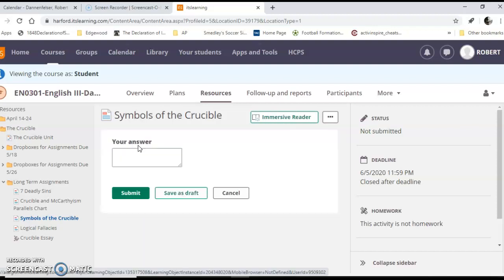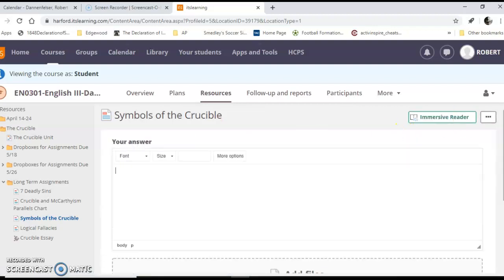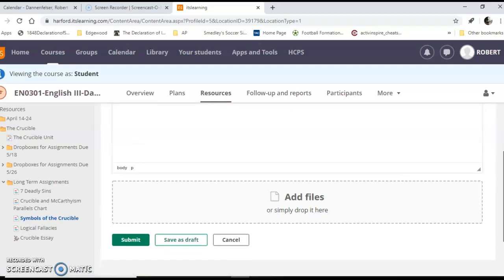You're going to click on Answer Assignment. Click on Add File. And then just add the file you saved. Hit Submit. And you're golden.